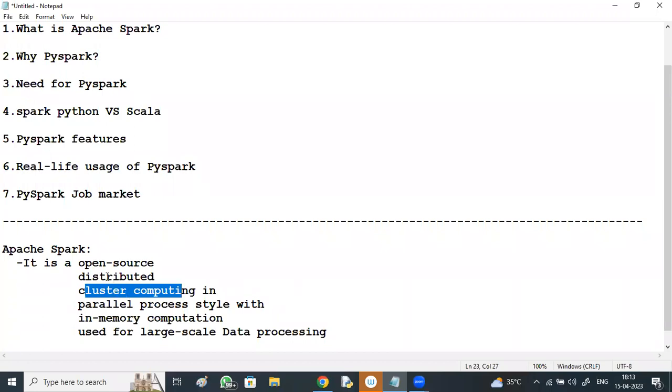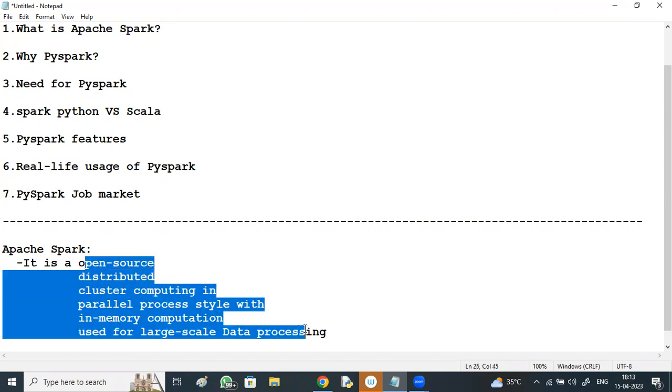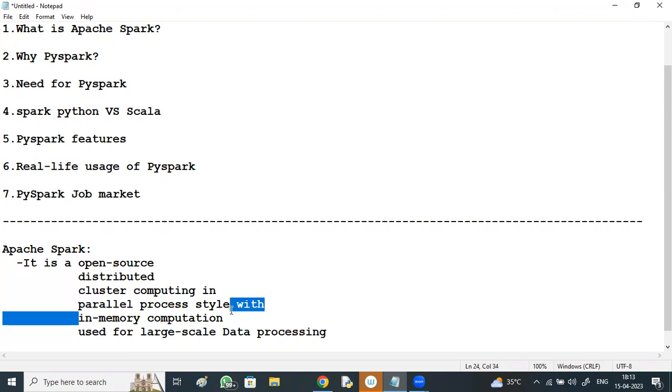You can see all this within the Hadoop environment also, except in-memory computation. Because of this in-memory computation, it has very high speed. Storage and processing both happen at the memory level, everything is stored within the memory and processed within the memory. That's why it is very high speed. So Apache Spark is a general engine for big data analysis, processing and computation. So why PySpark?